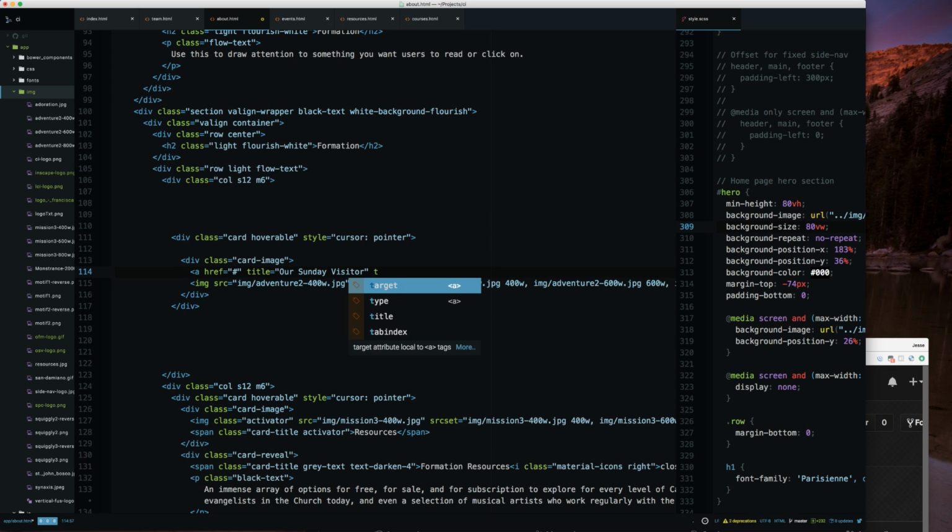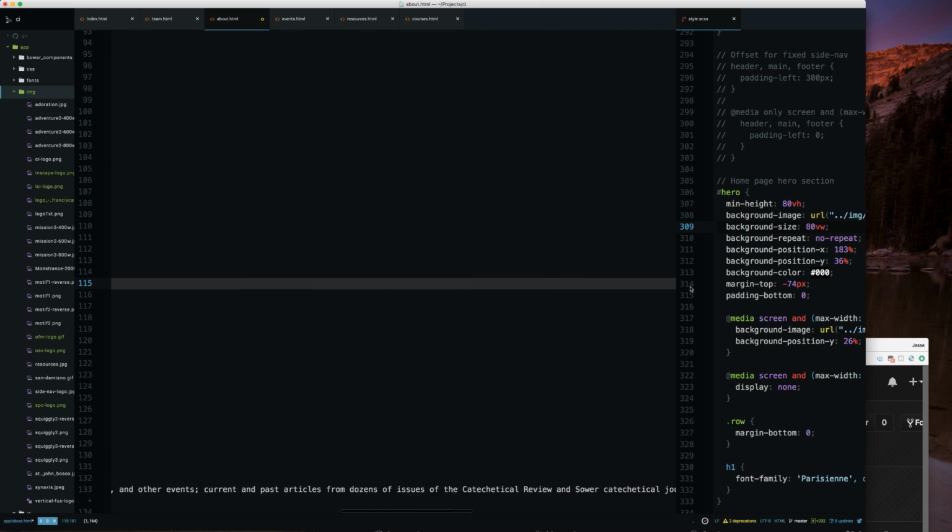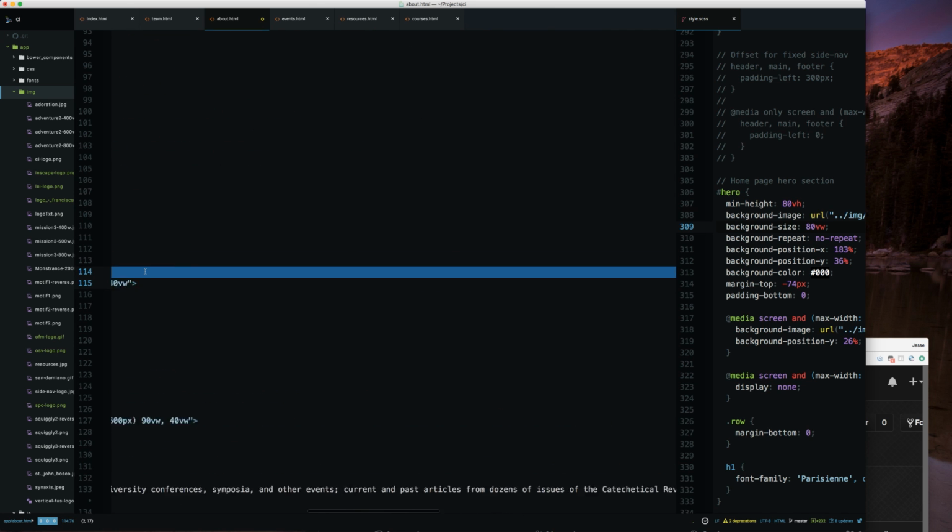Also, I like to use target blank if somebody's leaving the site. I don't always use this. Sometimes it can be annoying to people. It just depends on the context, but in this case, well,